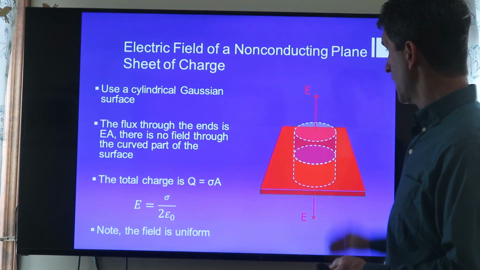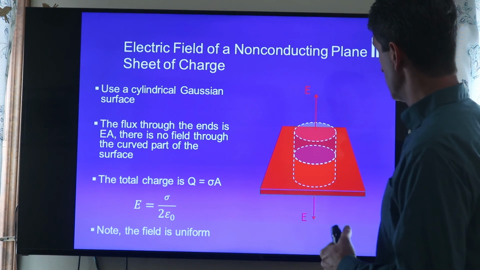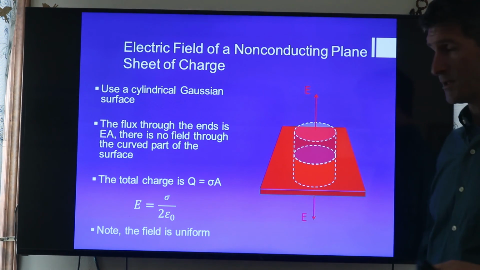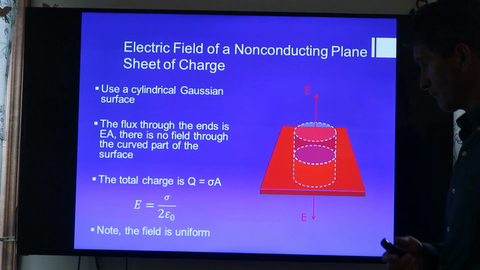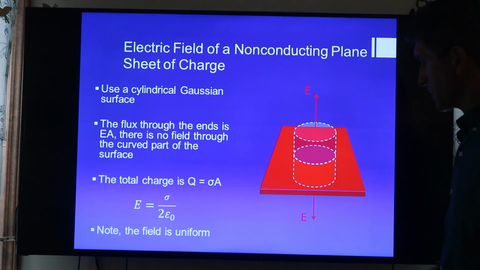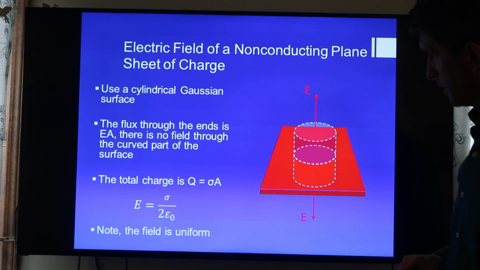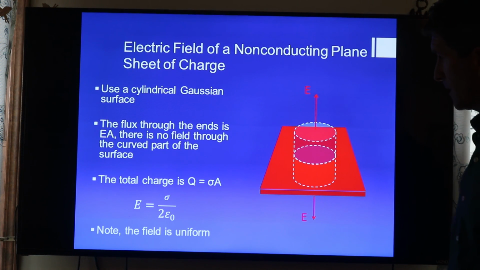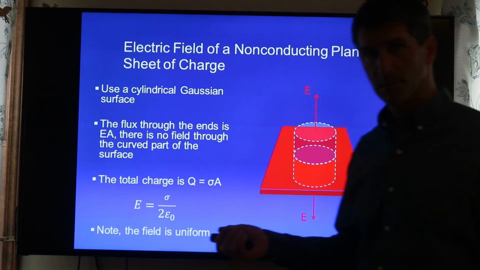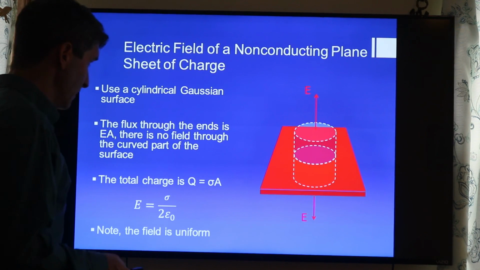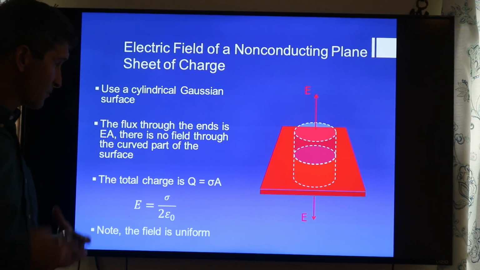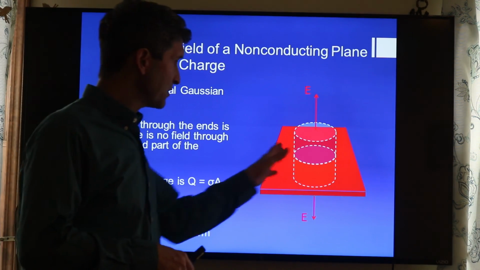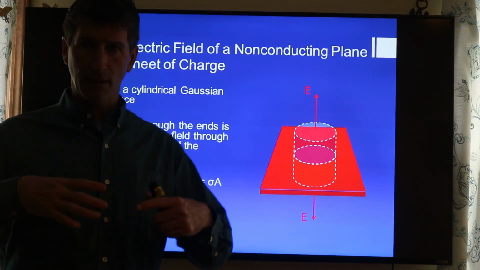Okay, surprising result when we take a look at a non-conducting plate which has charge on it. Again, we're going to talk about charge, but instead of talking about charge, we're going to talk about charge per unit area. We have sigma as representing the number of coulombs per meter squared, times the area itself as representing the charge which is going to be enclosed within a Gaussian surface. Now I'm going to choose a cylinder once again, but now instead of the curved part